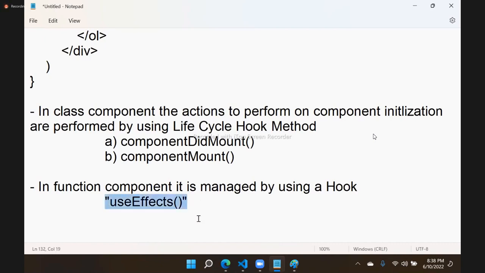What is the purpose of this useEffect? In simple terms, it acts as a constructor, but it is not a constructor. It acts as a constructor. That means what actions to perform at the initialization of a component is managed by useEffect. That means we want some actions to perform